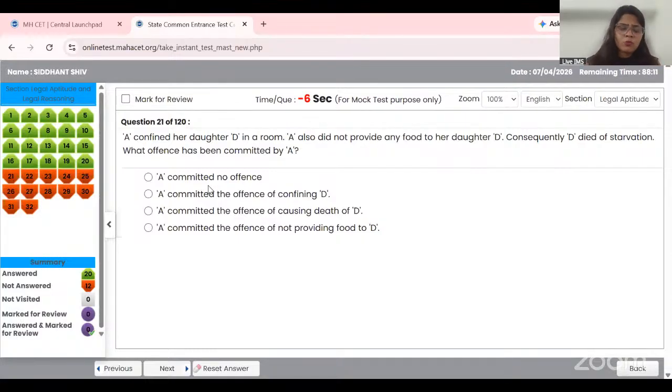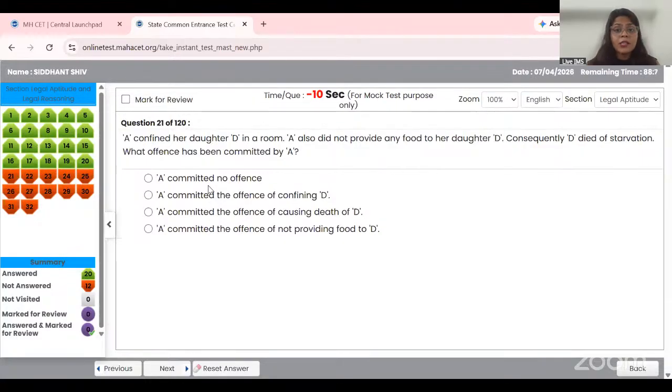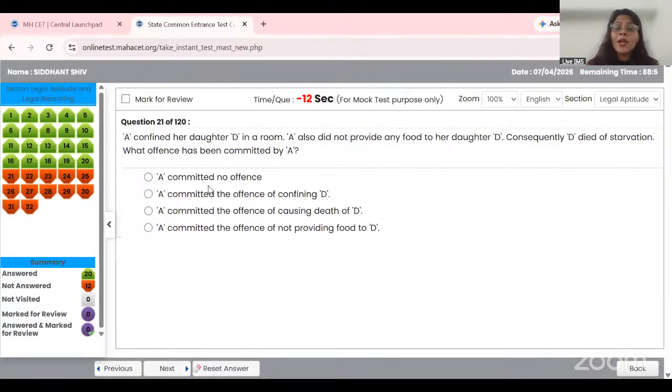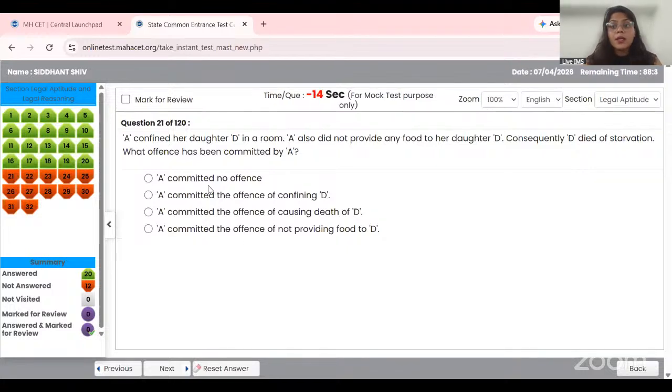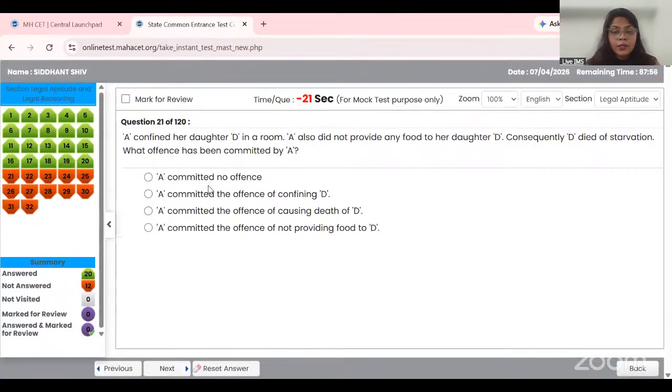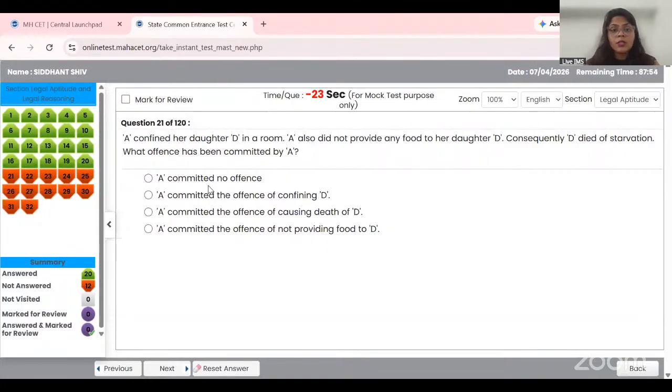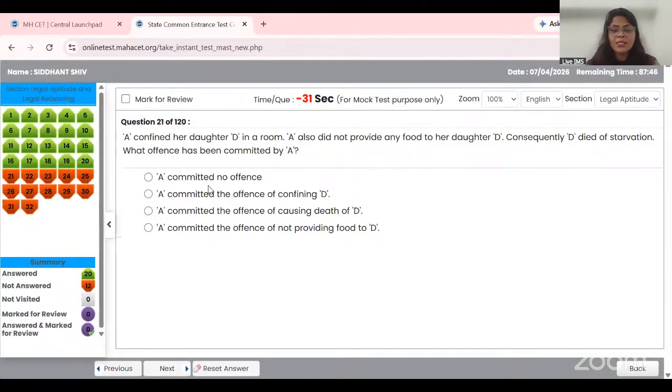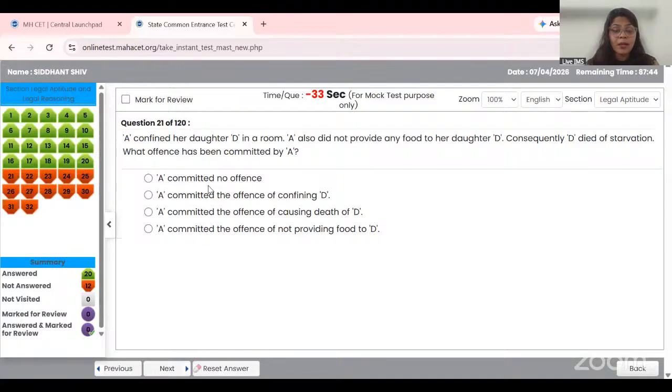Just one thing before I move into other options: when you come across any such question where no legal principle is given, here you have to apply the legal knowledge that you have, the basic knowledge that you have. If you look at the questions that we are talking about here, this requires some very basic conceptual application, not too in-depth application, but very basic conceptual application which is expected out of any law aspirant, right?